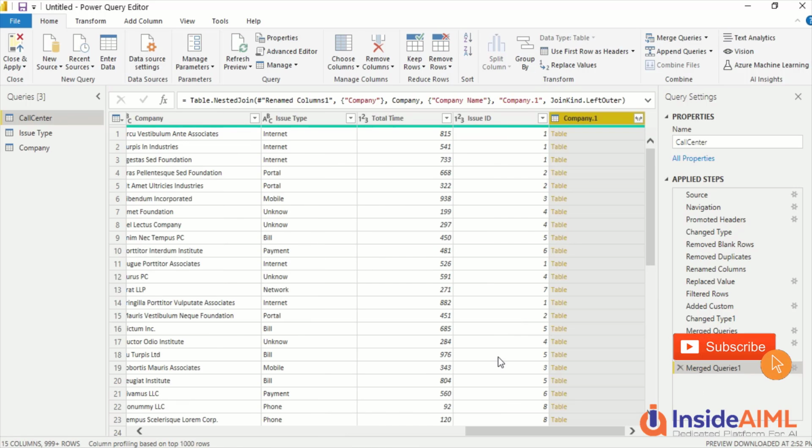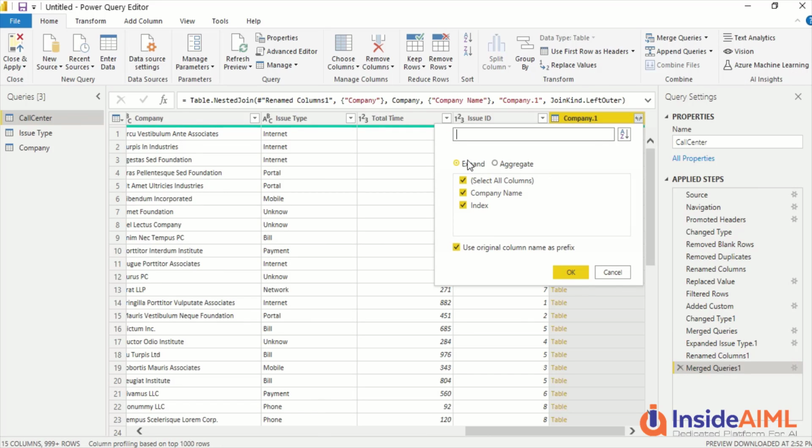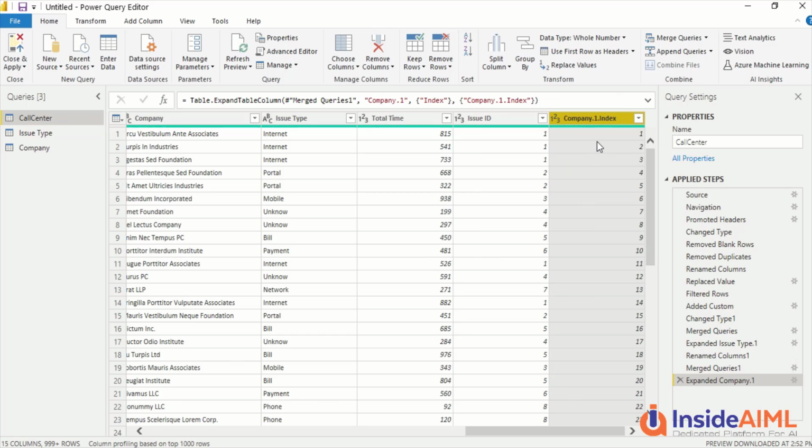Say okay. Now use the expand option, and you only select index. Right now I forgot to rename it, but don't worry about it, we can rename it here and call it company ID. And let me rename it here also.